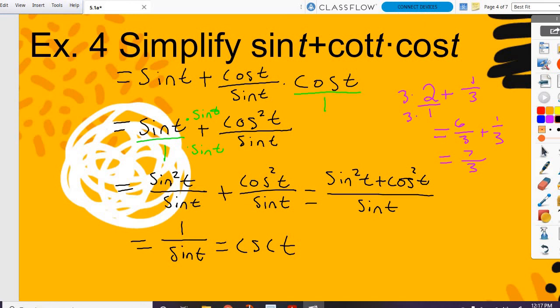And I will tell you, for the most part, pre-calc students don't struggle with being able to substitute for 1 and cosecant. They struggle with the algebra steps. Does that make sense? This isn't new stuff. Finding a common denominator and adding fractions is not new. But I think it can be a little intimidating when you start putting cosines and sines